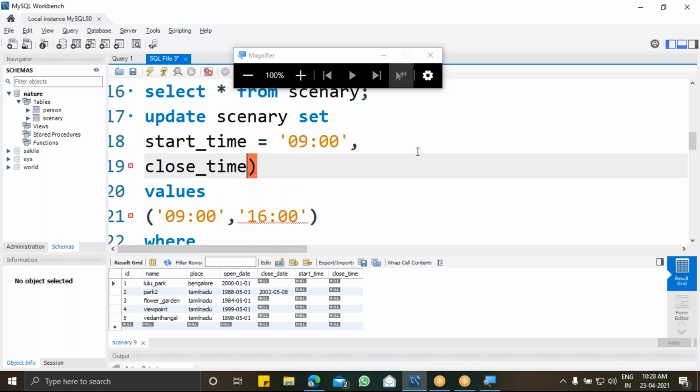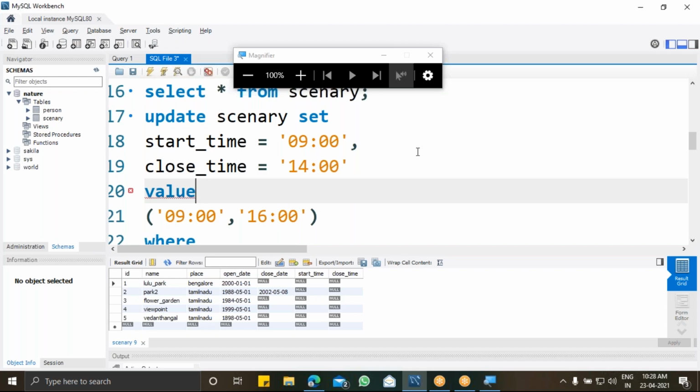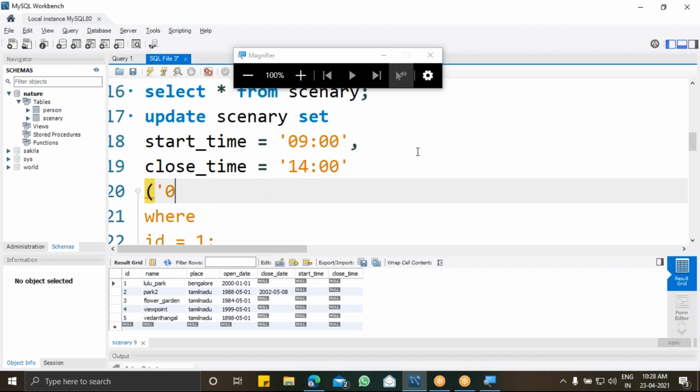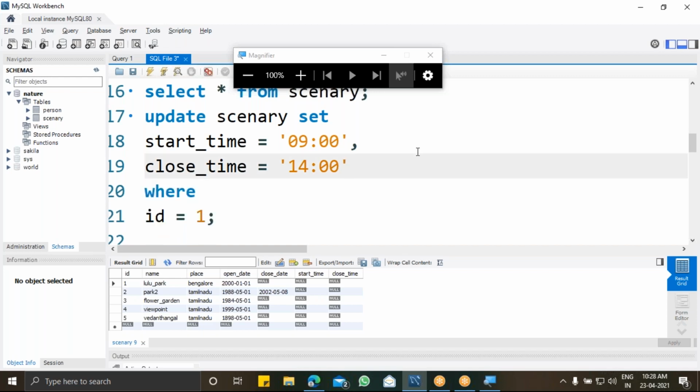The close time is going to be 14. And after this, the WHERE condition, so where my ID equal to 1.